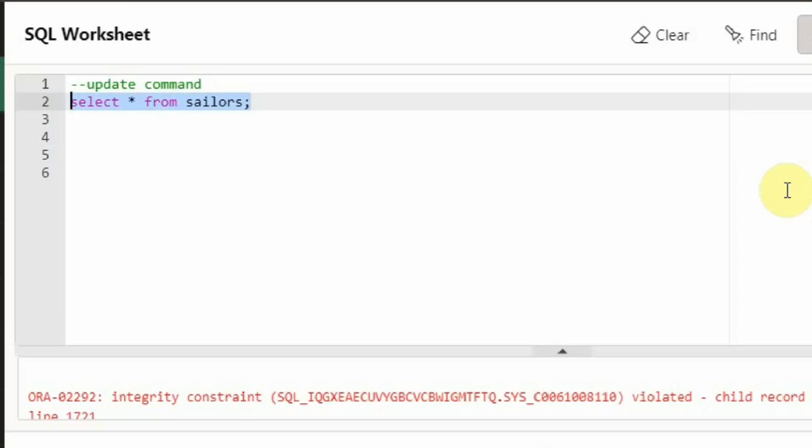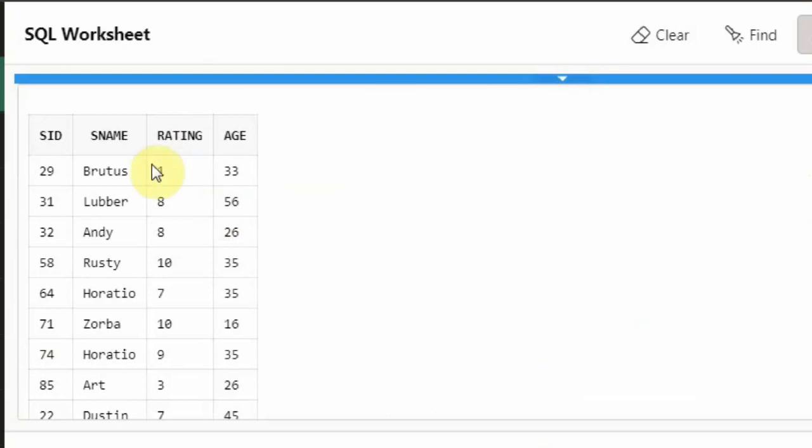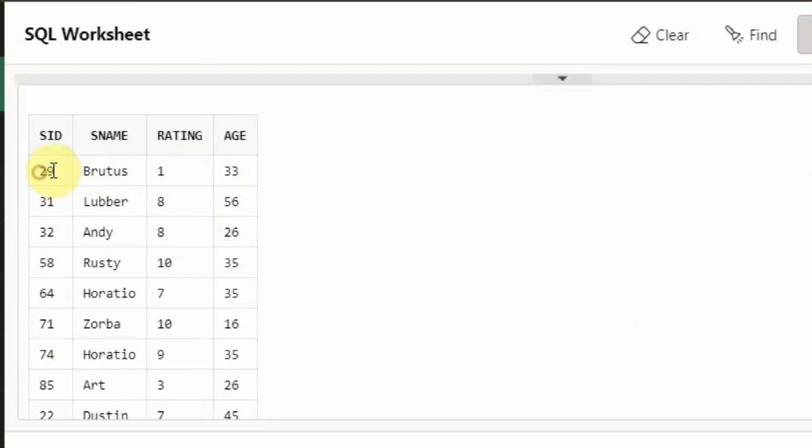Let me take you to that particular table. So this is the table. This is the SID, 29. Let me consider this SID 29, and for this particular SID 29, I am changing the rating to 9.